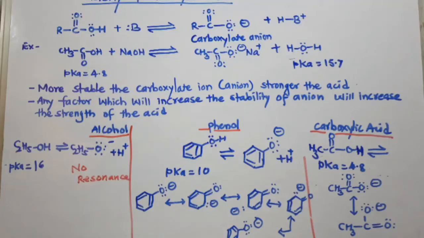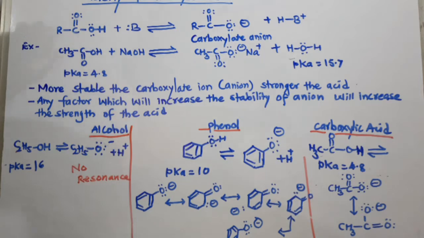Now we are going to discuss a very important property of carboxylic acid, its acidity. Acidity means how easily it can donate its proton. Before I start my explanation, you must know we measure acidity in terms of pKa value. So greater the pKa, weaker the acid. Smaller the pKa value, stronger the acid. That we know, basic I think.